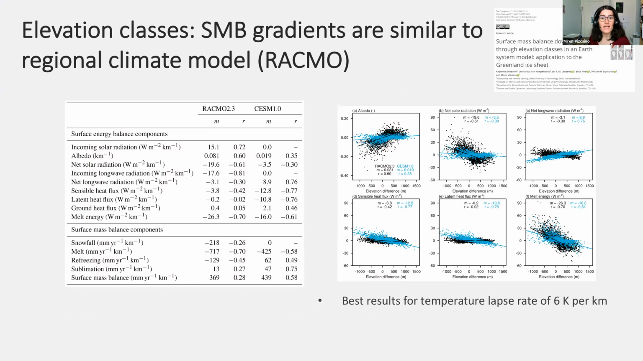Okay, so here in this publication, what Raymond Sellevold was doing, he was comparing how different fluxes would depend on surface elevation in the Community Earth System Model, and how they do in a regional climate model. In this case, it is RACMO. So we are comparing this downscaling that we are doing with the elevation classes with the dynamical downscaling that is done in RACMO. And altogether, the gradients of the variables